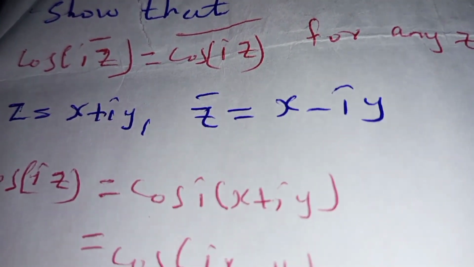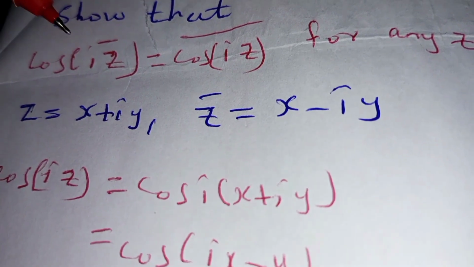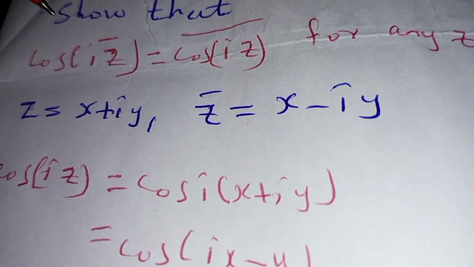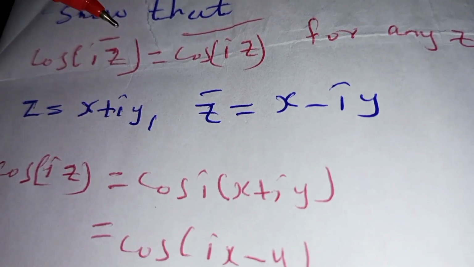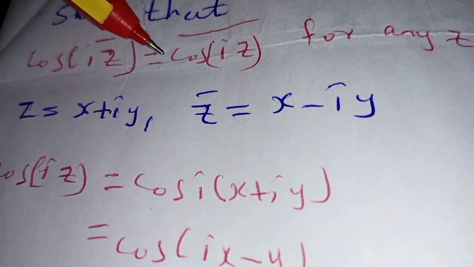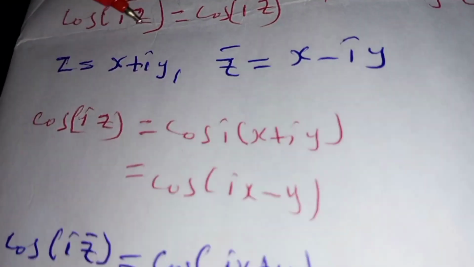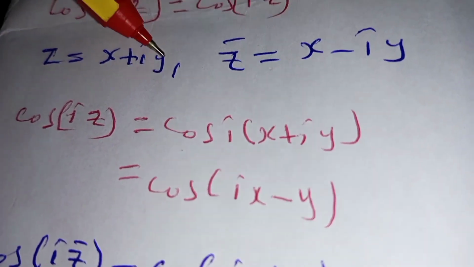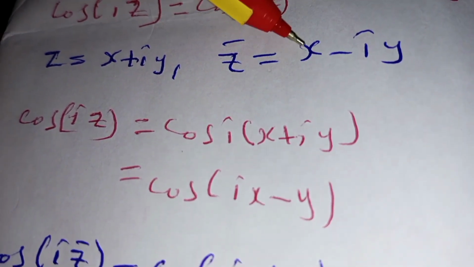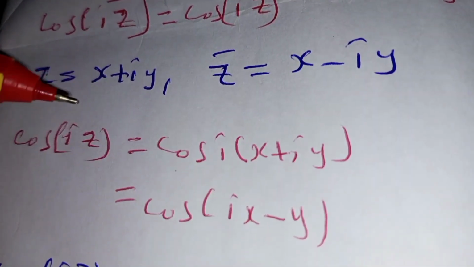We are dealing with complex maths. We want to show that cos of the conjugate of z is the same as the conjugate of cos of iz for any z. So we let z be x plus iy and the conjugate of z be x minus iy. Then we